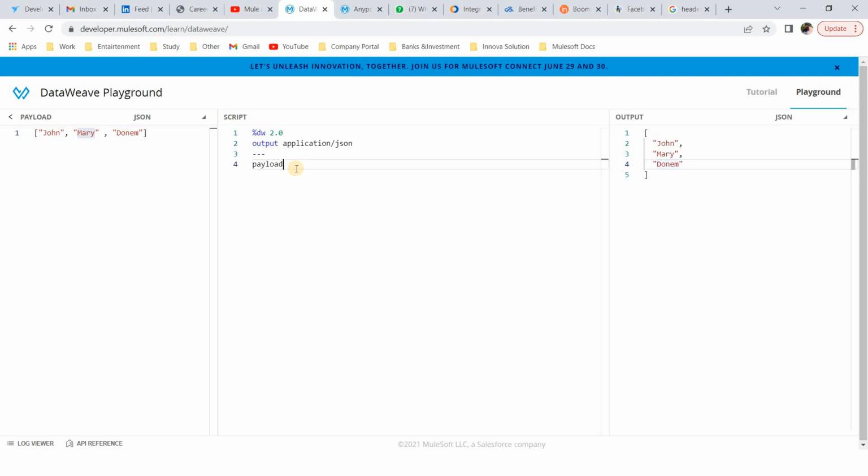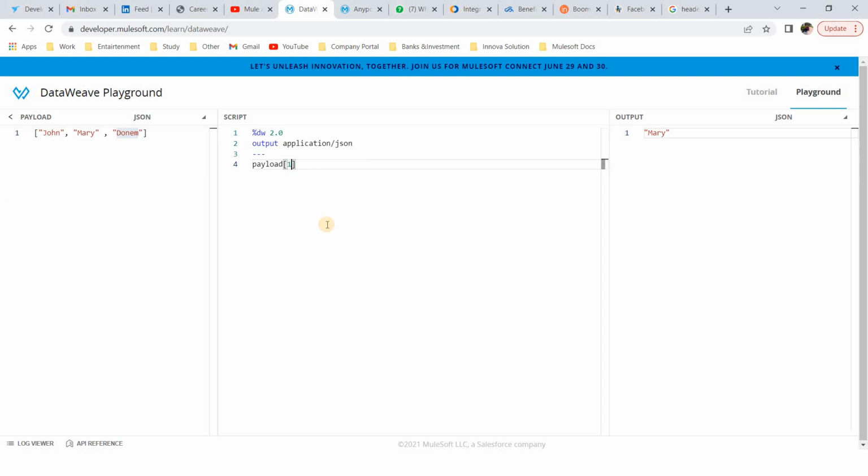So I just need to define the index. This array works on an index basis: this is the 0th element, this is the 1st element, this is the 2nd element, and so on up to the nth element. I want to read the second element, so by using 1 we can read it. This way we can read that one.